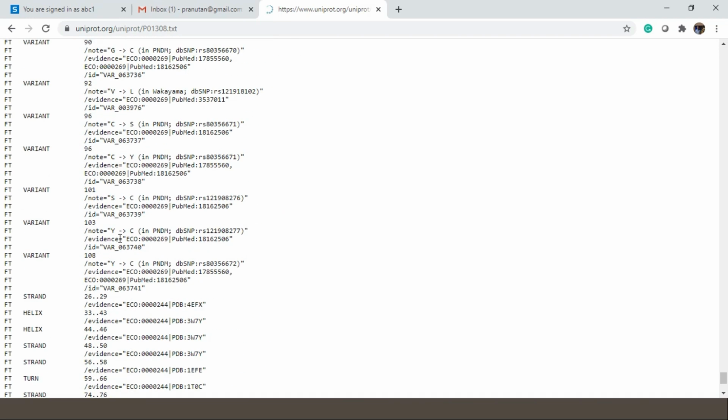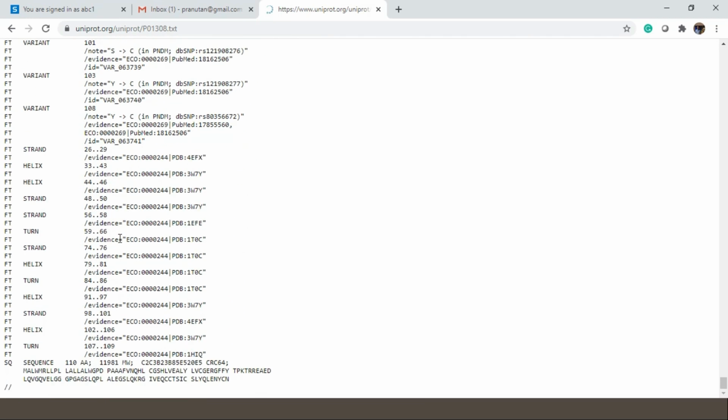So if you are aware of the EMBL file format, the SwissProt format is the same. The only difference is that in GenBank you get the gene related information, but in SwissProt you get the protein related information.